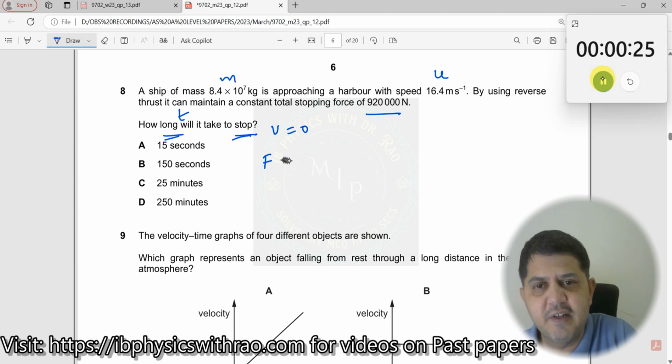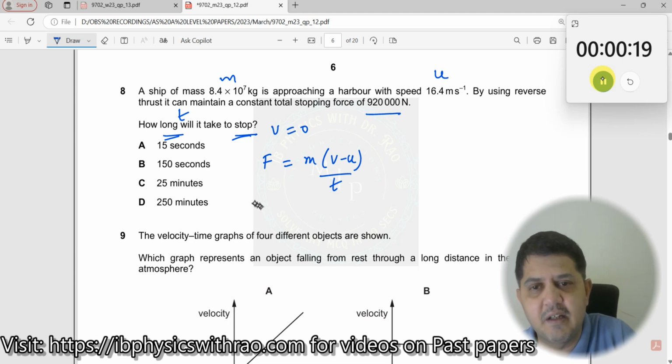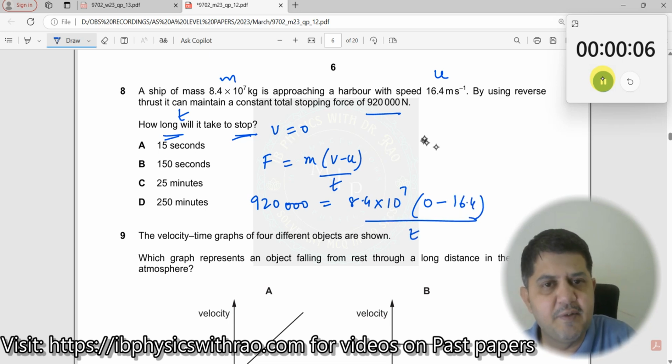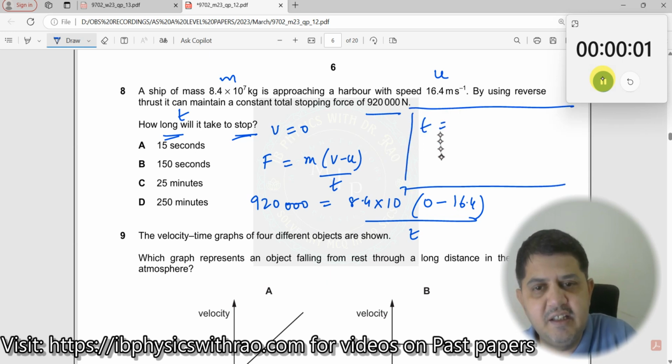You can just find F is equal to m into (v minus u) divided by t over here. Now what is F? F is nothing but 920,000 is equal to m, 8.4 into 10 to the power of 7, into v is 0, u is 16.4, divided by time taken. Now determine what is the value of time here. Value of time here is t is equal to